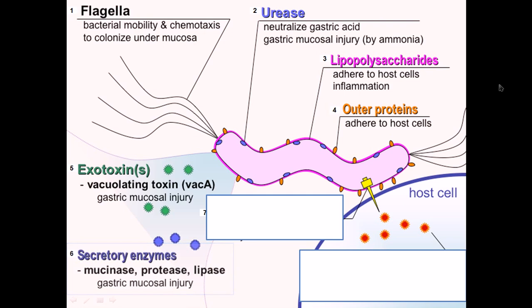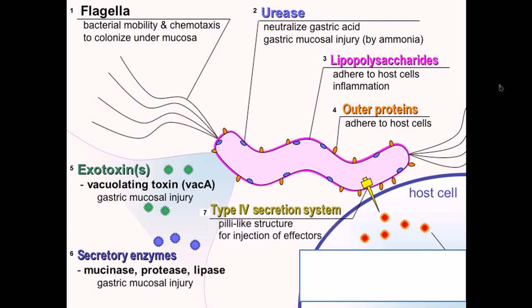Now the sixth thing here is the secretory enzymes. Enzymes like mucinase, protease, lipase. Now protease can degrade protein, lipases can degrade lipids, and mucinase can degrade the mucous lining or mucus layer of the stomach. And the seventh thing is the type 4 secretion system, because we are going to see in this Helicobacter pylori